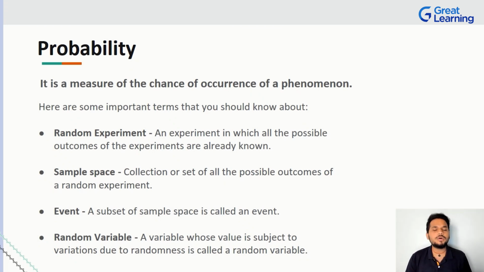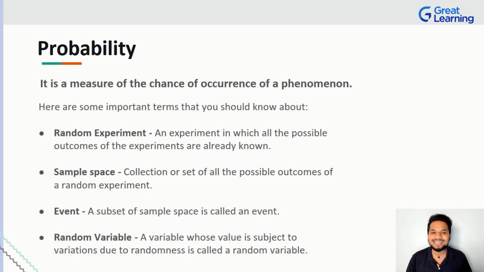Now, to give you a little bit of clarity about the terms that get thrown around in the world of probability, first we have something called a random experiment. A random experiment is an experiment where all the possible outcomes are already known. If I am flipping a coin, I know that there's only two options, right? It's either tails or it's heads. Now, some of you might say, hey, the coin can also land vertically and it can be unusable. It's neither tails nor heads. But let's be honest, that extremely rarely happens, so we consider it an outlier case.